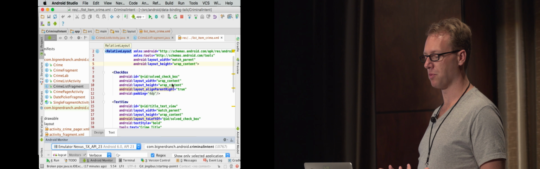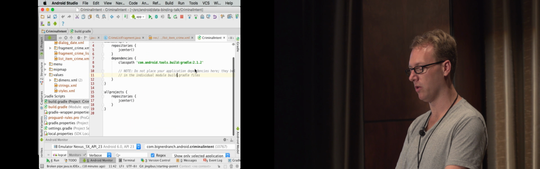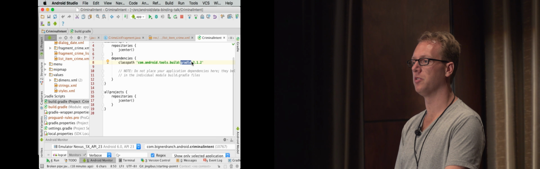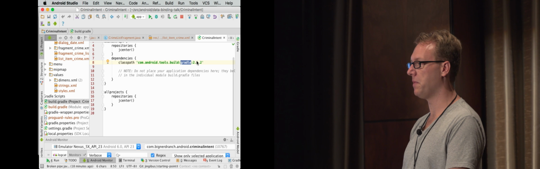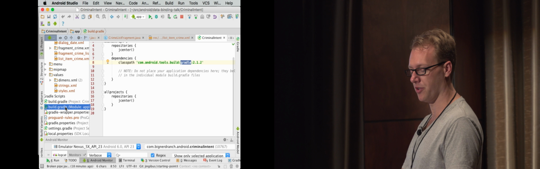So what I'd like to do is start working with data binding in this project. So the first thing is I do need to have my tools up to date. I have an up-to-date version of Android Studio, and inside of my main project level build.gradle, I have my Gradle tools up to the most recent version for this version of Android Studio as well. So you want to make sure you have that before you even start. But then on this specific project, to enable data binding